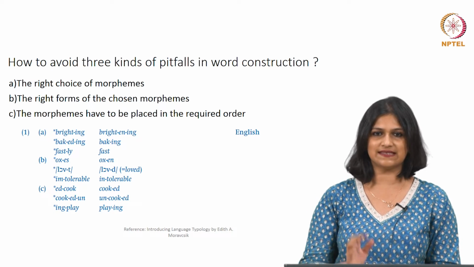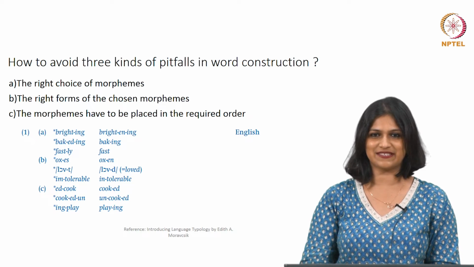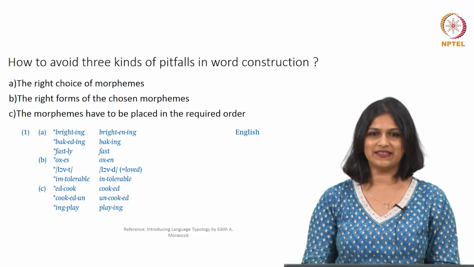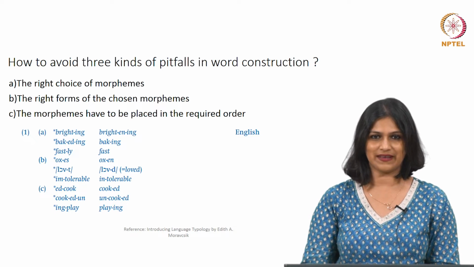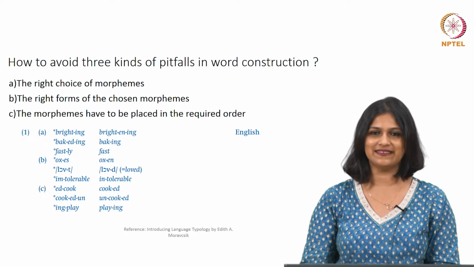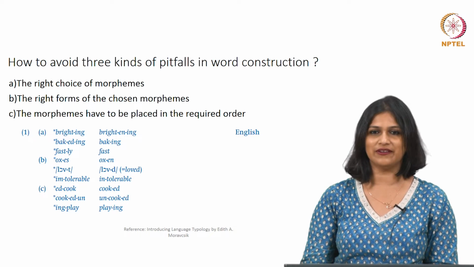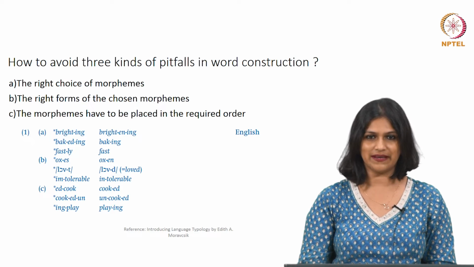This is where the real game starts: how to find out which way the morphemes are to be arranged. If you look at this slide, you will see that there is a word, pitfall. There are three different kinds of pitfalls in word construction. Whenever you are trying to